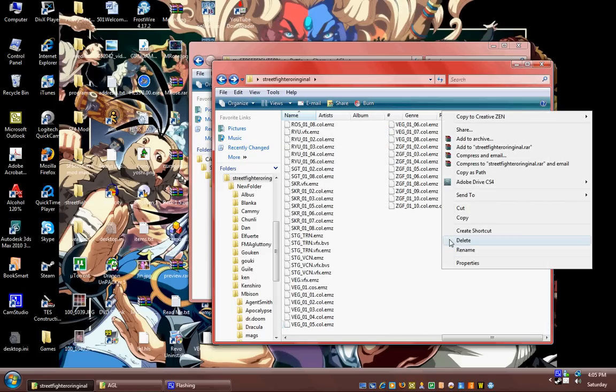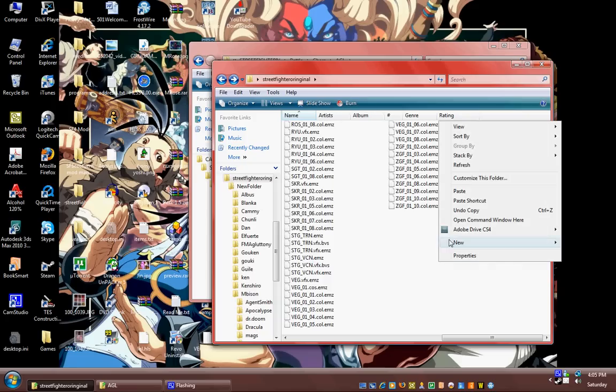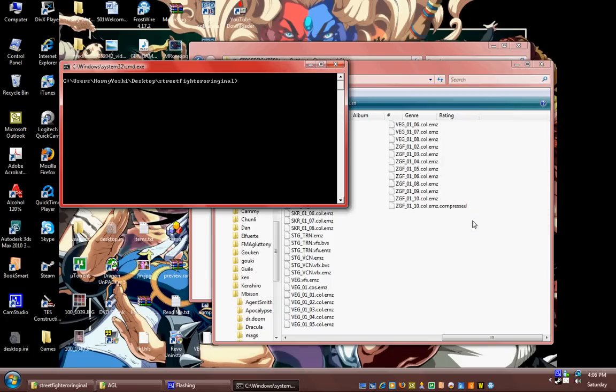Now you have to right click, make sure you have nothing selected, and then open command window here. Alright, to unzip the EMZ, you type in this command line: